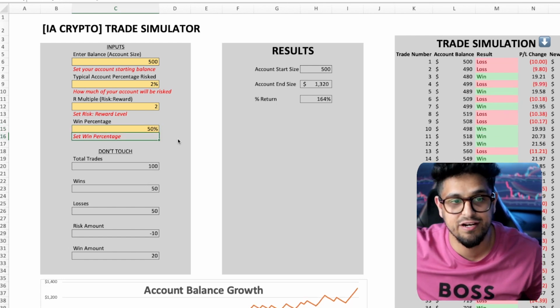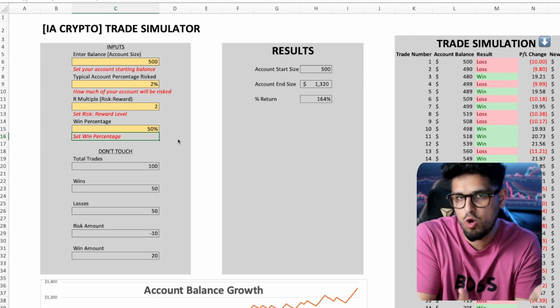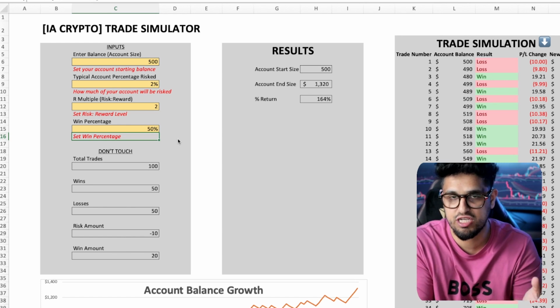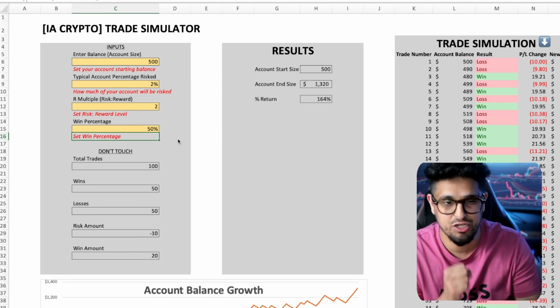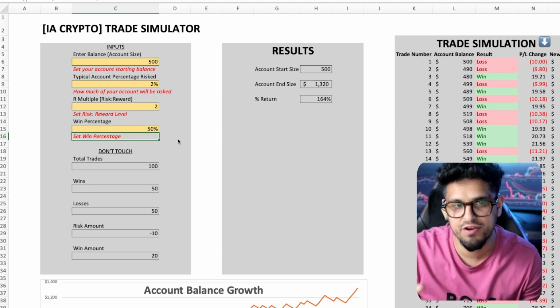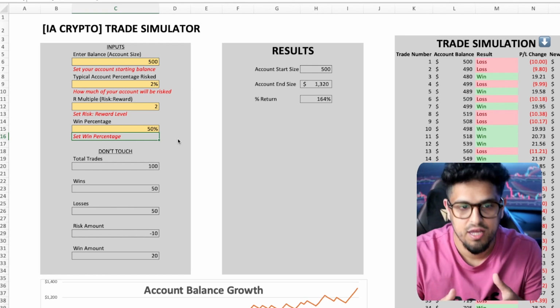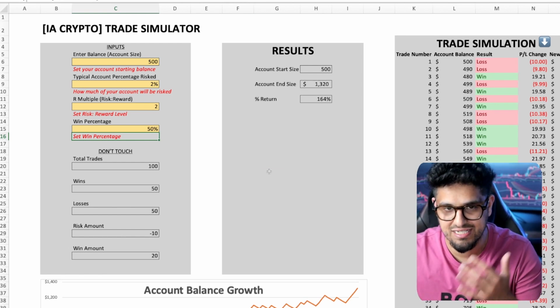Now, as you get better, you should be able to increase your win percentage, right? Your ability to read indicators. Maybe you worked through my TA course, ijaz.uk/TA. You've got a good strategy on Bollinger Bands. You've got a good strategy on Fibonacci ratios. Your win percentage will pick up with experience. But let's say you're just kind of shooting in the dark, 50% here right now as you start. I'm still going to show you how your trades can stack up.